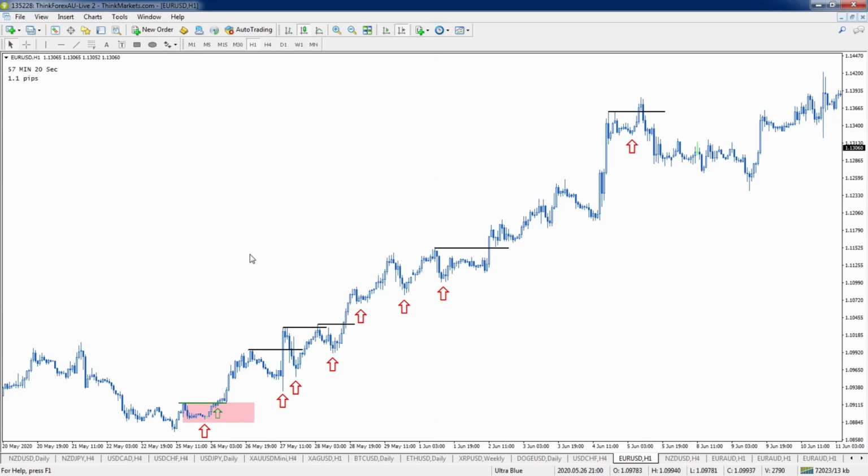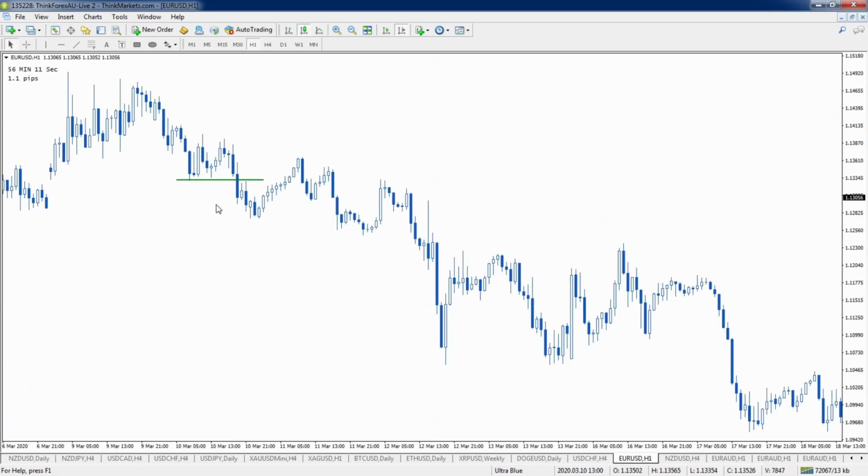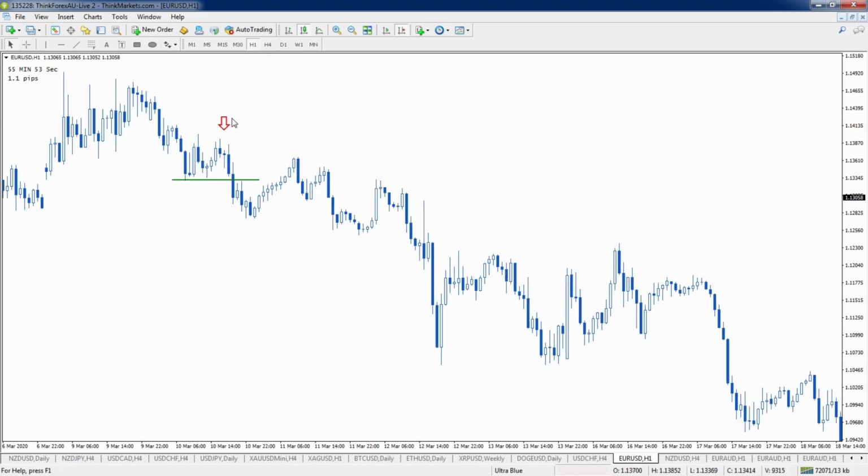Now, we're going to take a really quick look at a sell trade. So we've got this sell trade, we've got this swing low, price breaks below it. This will be our entry. So we're going to be placing our stop loss just above this swing high here. So we've got this swing high, market makes this move below, makes a pullback. And then once we get a market move below this swing low, we're going to be looking for the place to put our stop loss. And the highest high in between these 2 points is right here. So we're going to take our stop loss and move it to this point here.